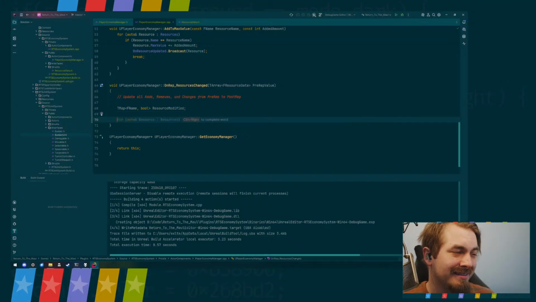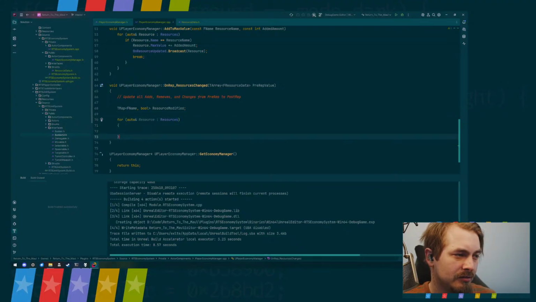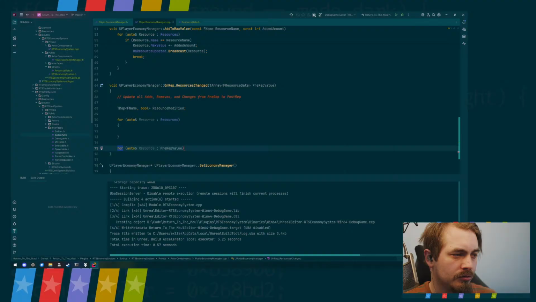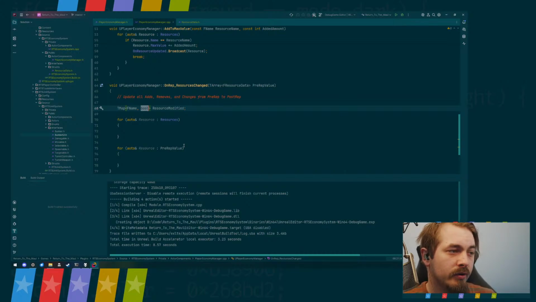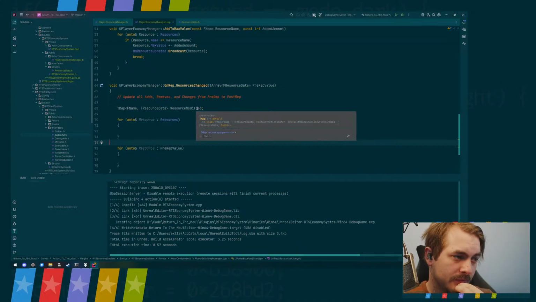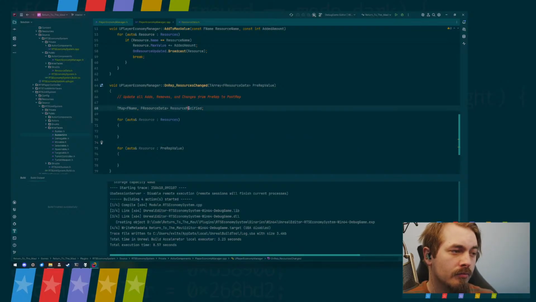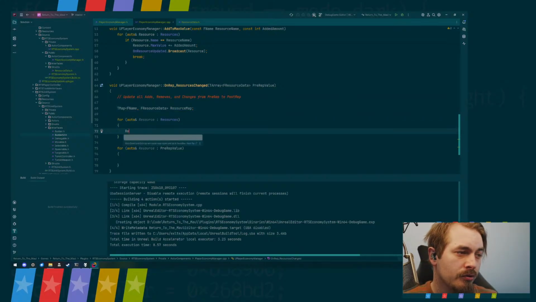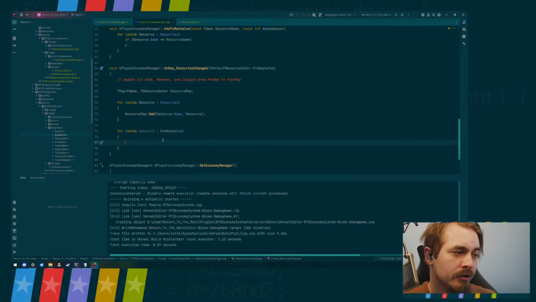How about we do that, and then we associate it with an FResourceData. Resource map. And so in here we do resource map dot add resource dot name resource, and then in here